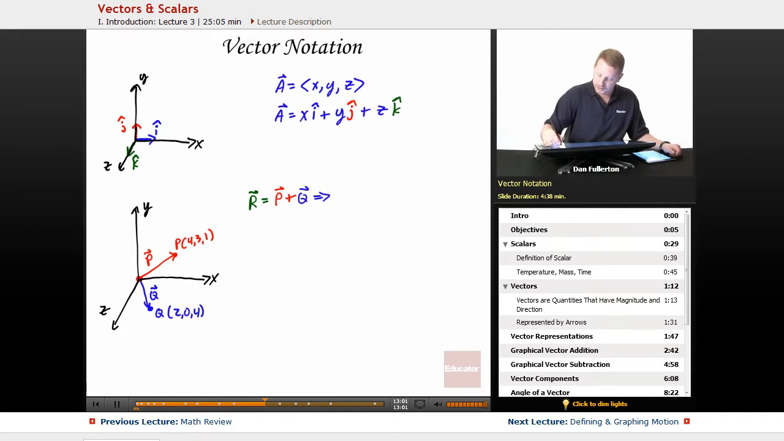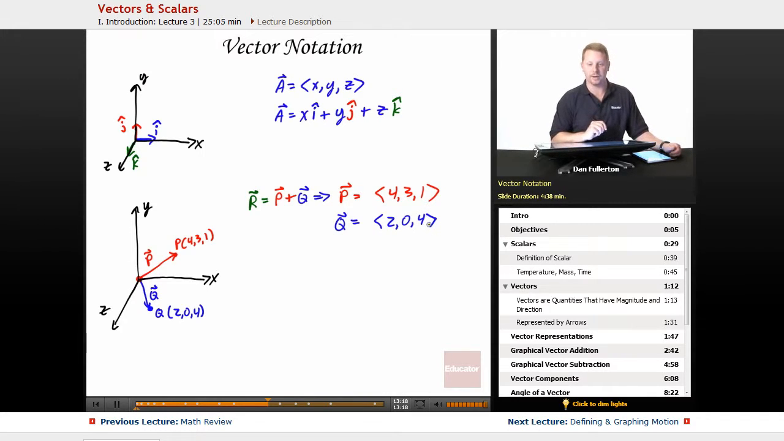Therefore, let's write P as equal to <4, 3, 1> in this bracket notation for vectors, and vector Q is equal to <2, 0, 4> in vector bracket notation. Well, if the left-hand side is equal to the right here, and the left-hand side is equal to the right here, if we add the left-hand sides and add the right-hand sides, they should still be equal. So what we can say then is if we add those two, we can add those two. Therefore, P plus Q